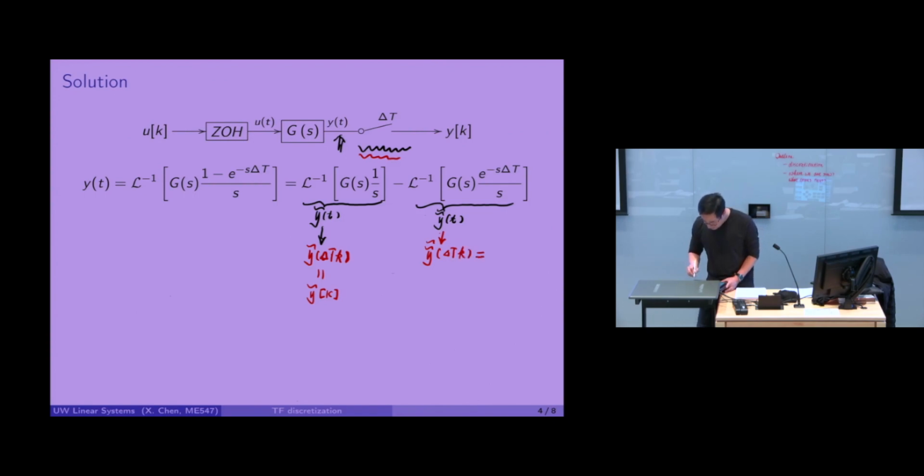However, if you take a look at the similarity between these two Laplace transforms, eventually we want to have Y double tilde bracket k. If we take a look at this term over here, it equals G of s over s,